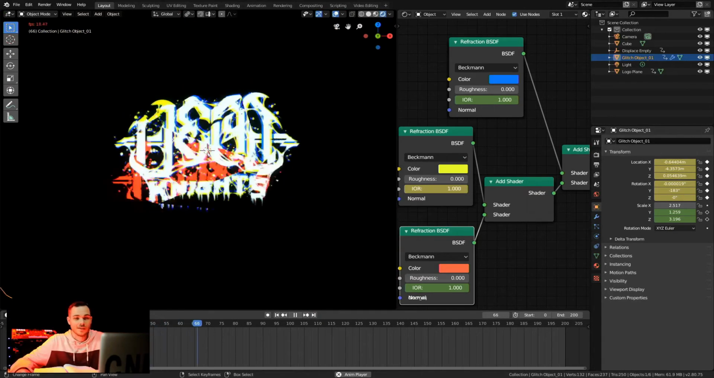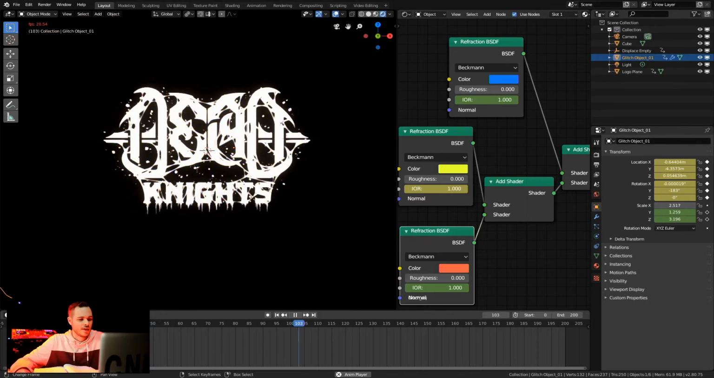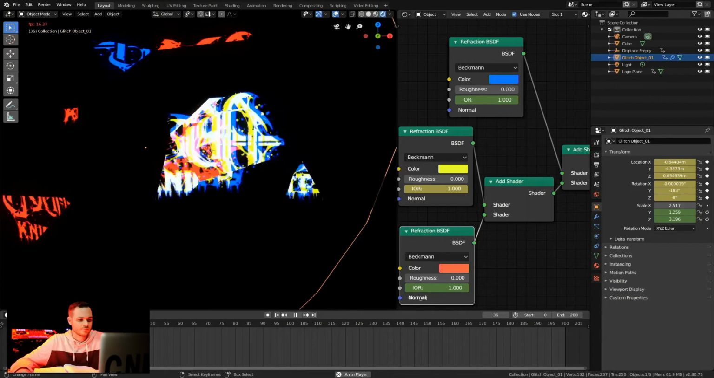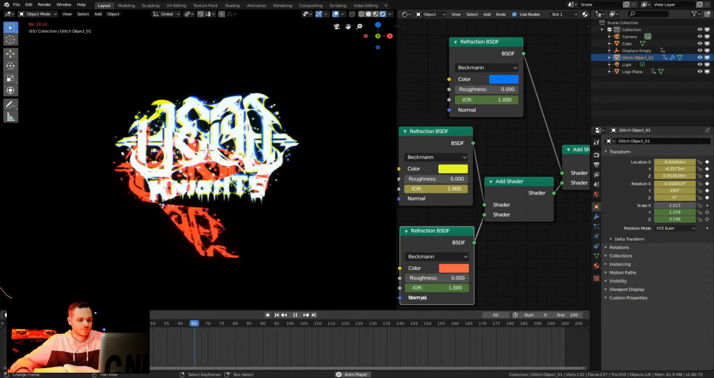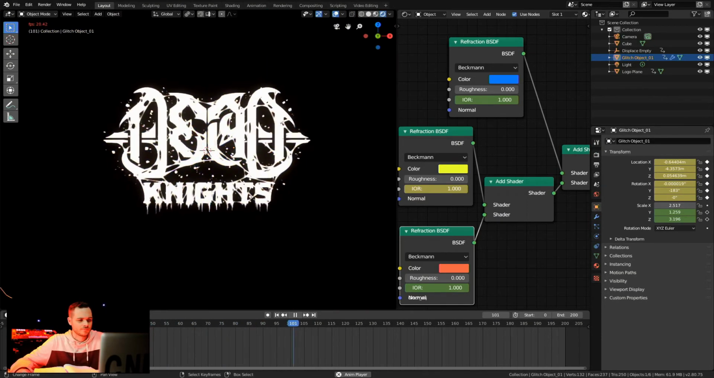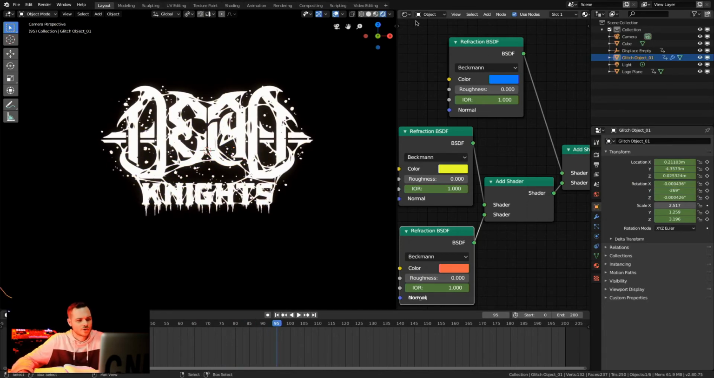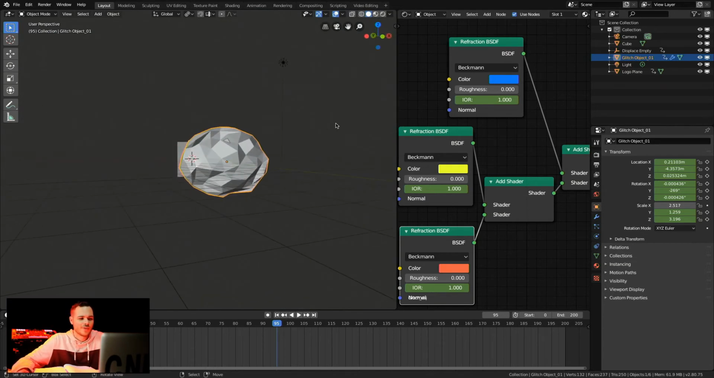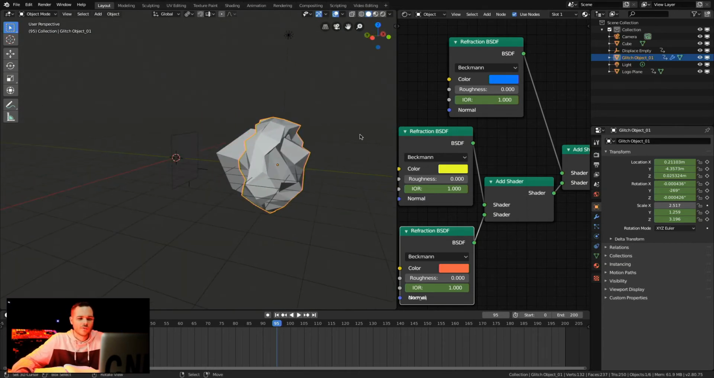you can see that it does the whole glitch. And we basically just need to render this out. I want to change the object a little bit though. You can hear my computer fan really working. So in this view,